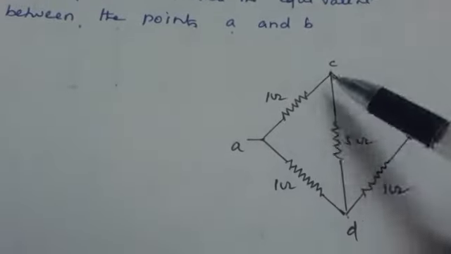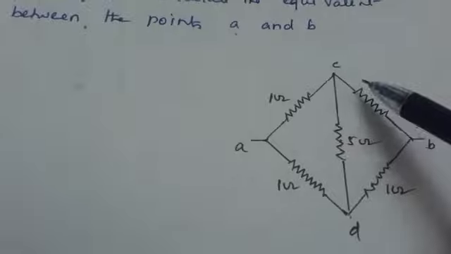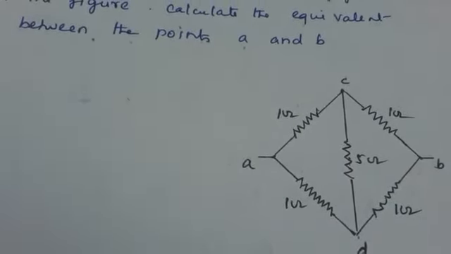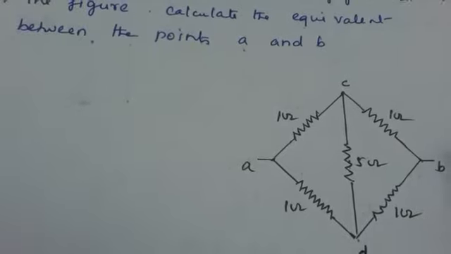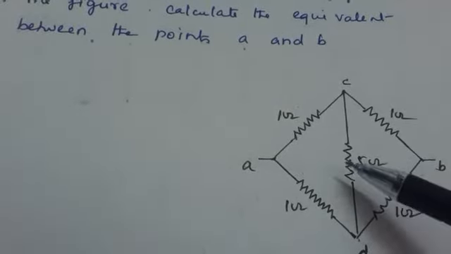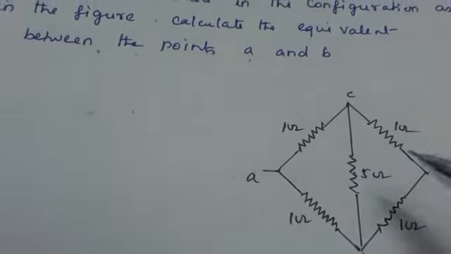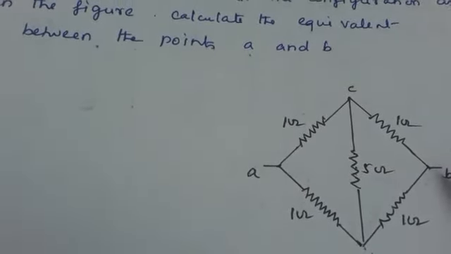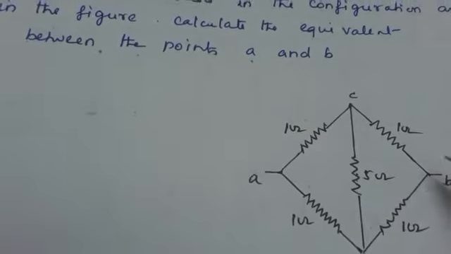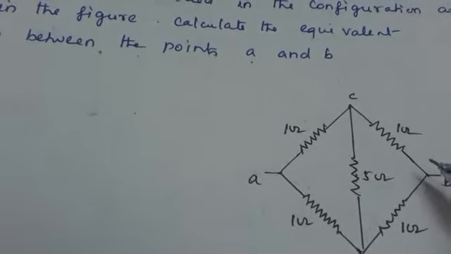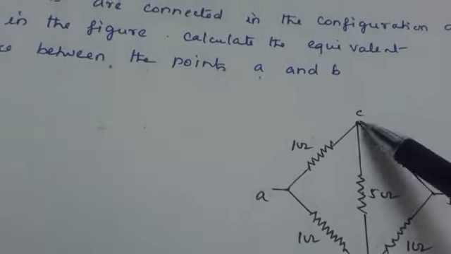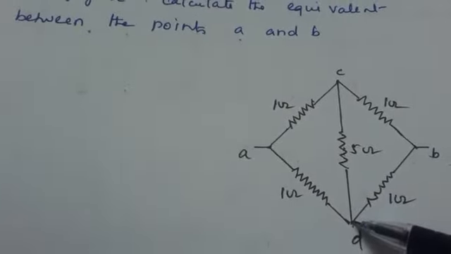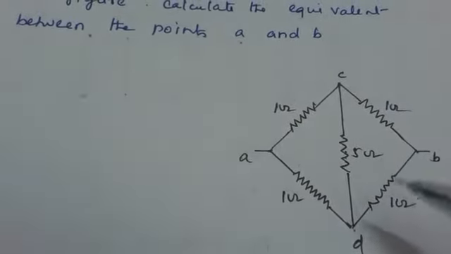Now this is an outer loop. So all the resistances in the outer loop are same. So the current in the branches AC and AB should be what? Equal. So this and this will be what? Equal. AC and AD should be what? Equal. So the potential at C and the potential at D are what? Same. The potential at C and the potential at D are same.